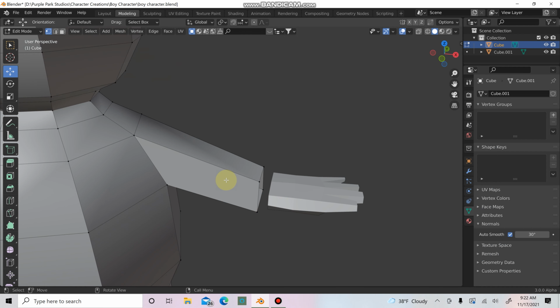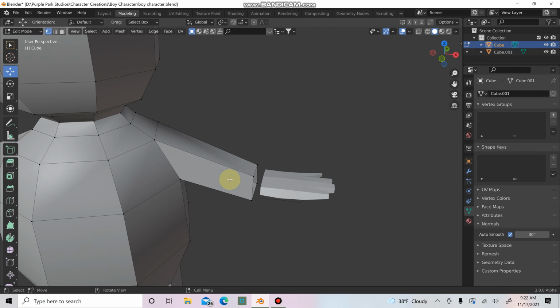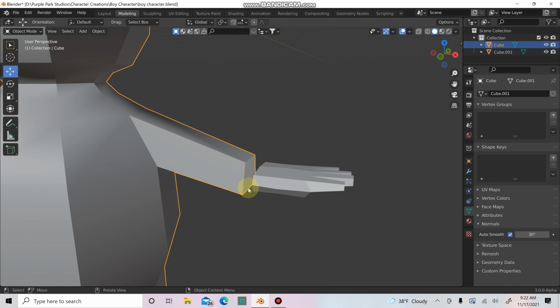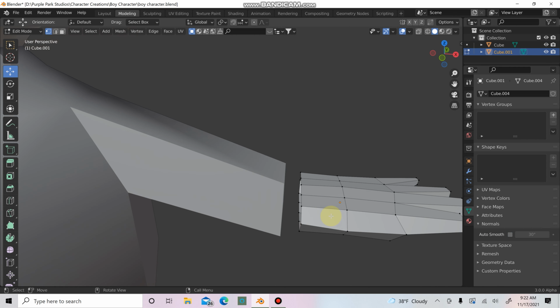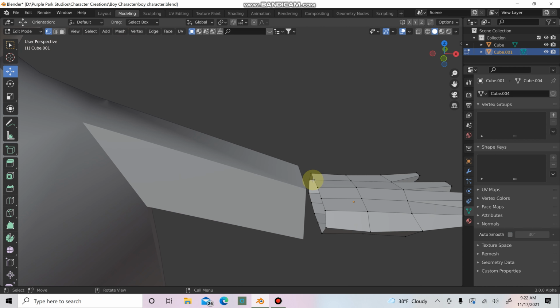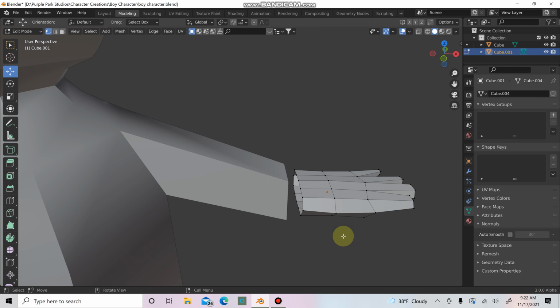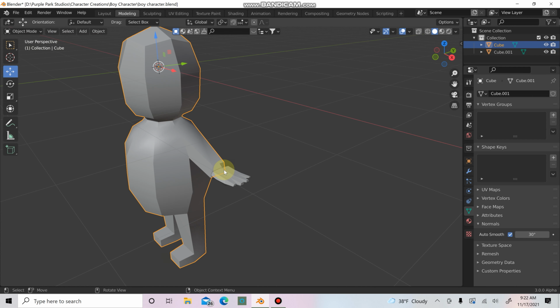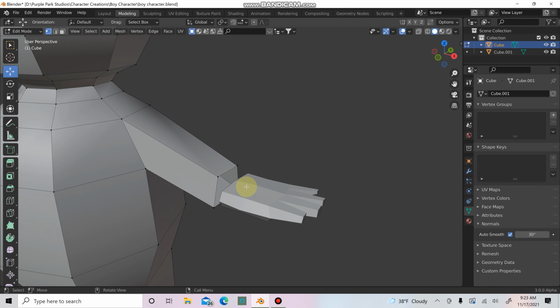If we select our character and go into edit mode, we can see that there's only 4 vertices here. And it's just going to be really ugly if we just try and join these together like this, because this one over here has, I think it's 12. 1, 2, 3, 4, 5, 6, 7, 8, 9, 10, 11, 12. Yeah, 12. So we're going to select our character, go back into edit mode, and we're going to make sure